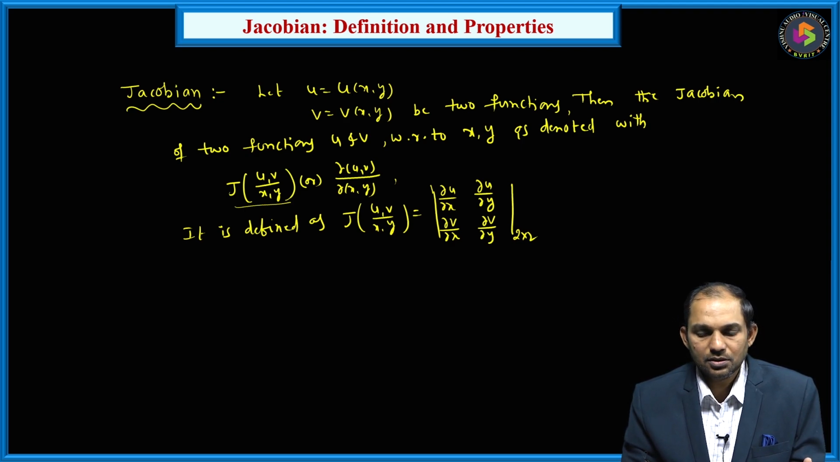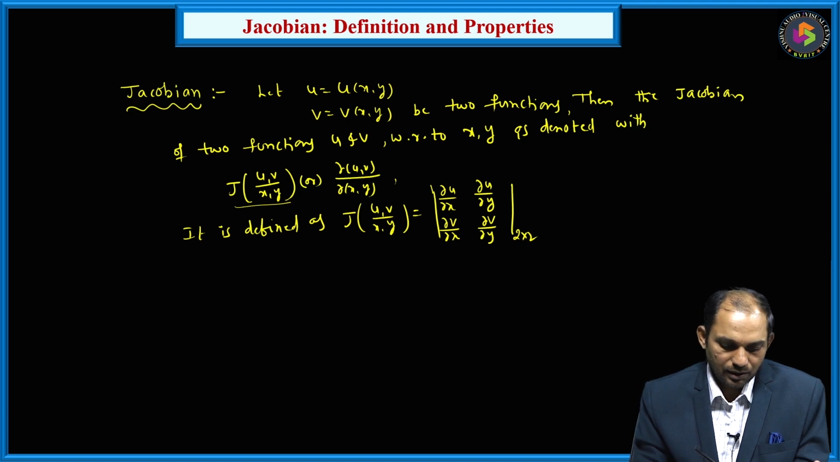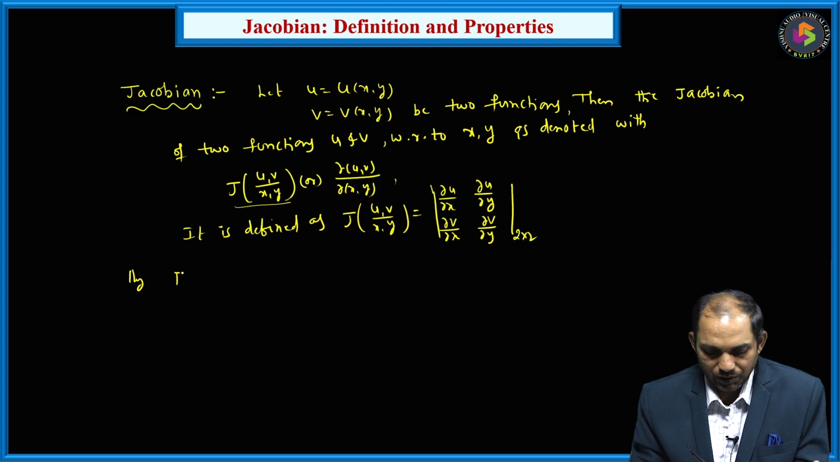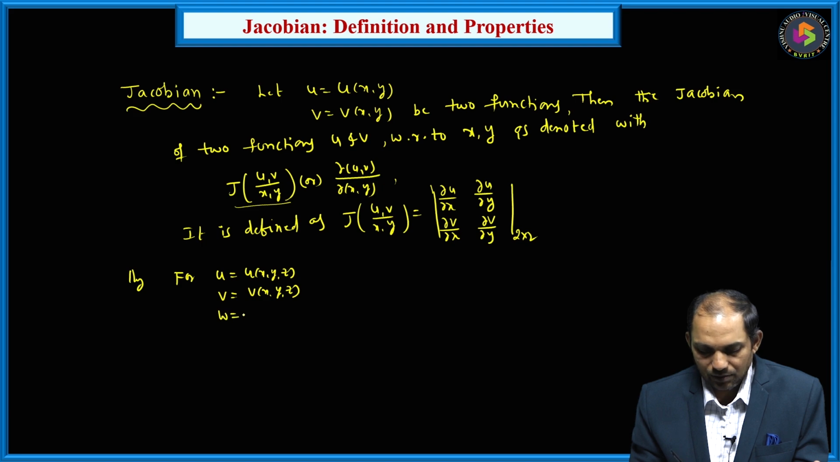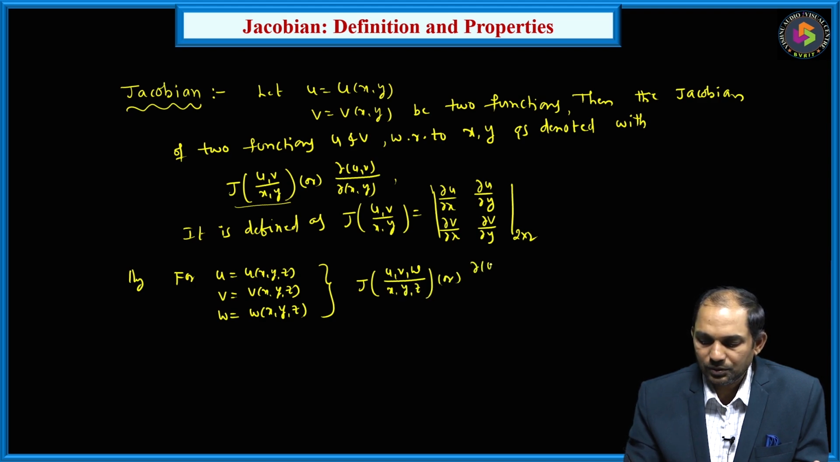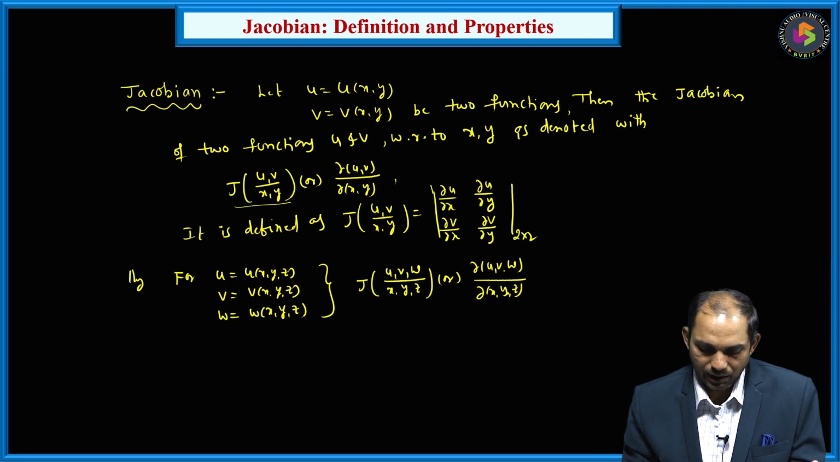And whatever we defined is not just confined to only two variables. We can also extend the same definition for three variables and in general n variables. Similarly, let us see the definition for three variables. So for three dependent variables, u is equal to u of x comma y comma z, v is equal to v of x comma y comma z, and w is equal to w of x comma y comma z. The Jacobian is denoted with u comma v comma w by x comma y comma z, or equivalently dou of u comma v comma w divided by dou of x comma y comma z. This is how we denote the Jacobian, and we define this as j of u comma v comma w by x comma y comma z is equal to,